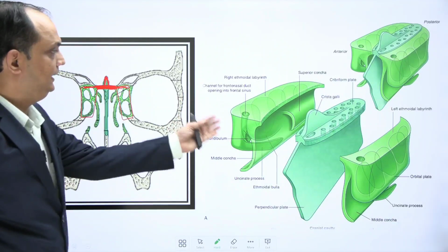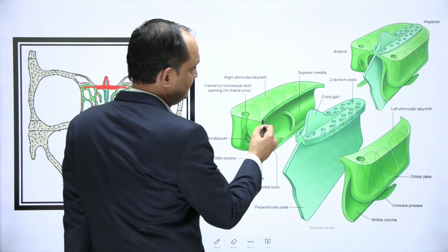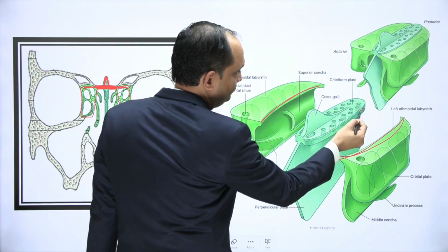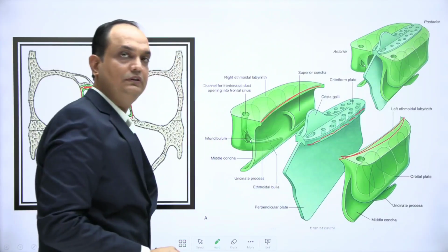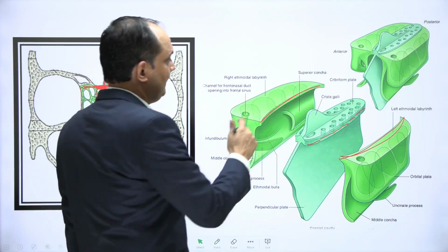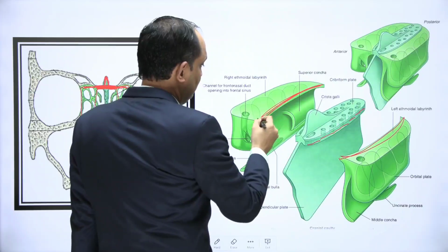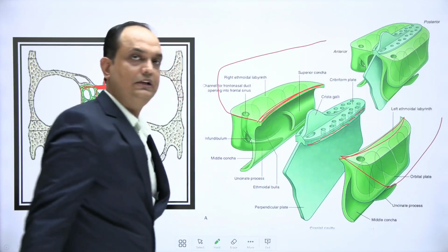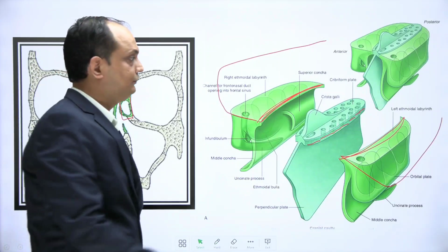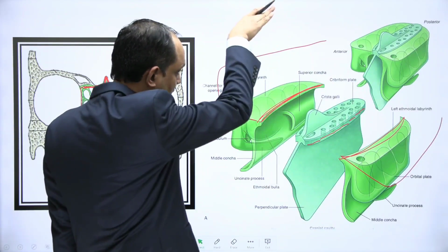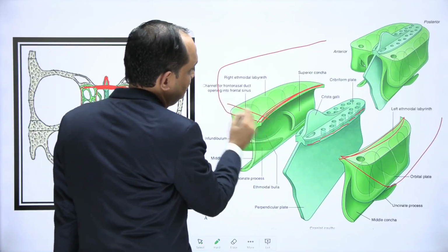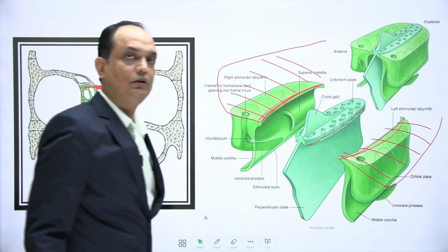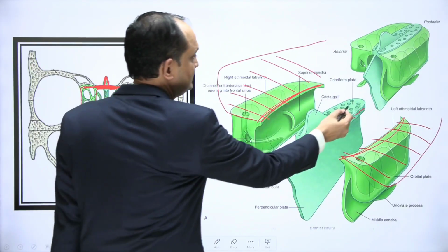Now when you see the 3D image, you can see that this is the border of these two boxes or the labyrinth. Those are going to touch this part on both sides of the cribriform plate, and this part is actually hidden. Why hidden? Because the frontal part, or you can say the orbital surface of the anterior cranial fossa, now comes on this part, and ultimately you cannot appreciate the superior part of these boxes